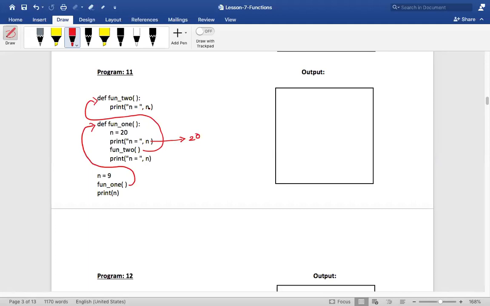It should give an error, but we have a global context. Did you see that? N is equal to 9. So when I say global context, it means that this n is available to all. Is that clear? This is not default right now. It's a global context. Whatever variables you define here are available to all the functions is what I'm trying to tell you. It is available to all, right?